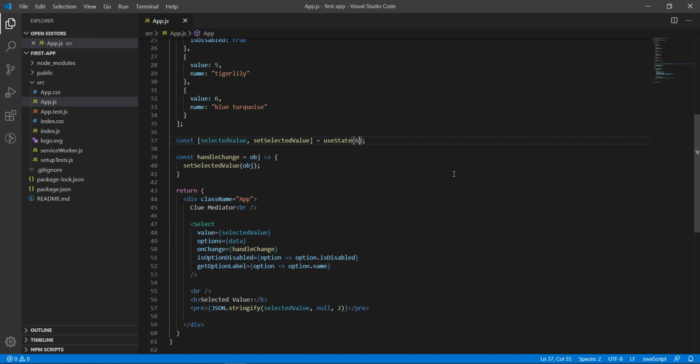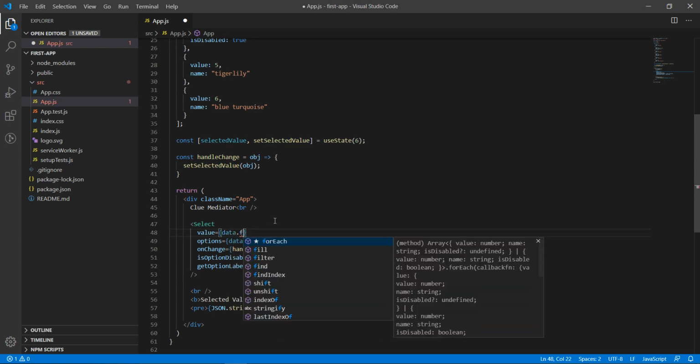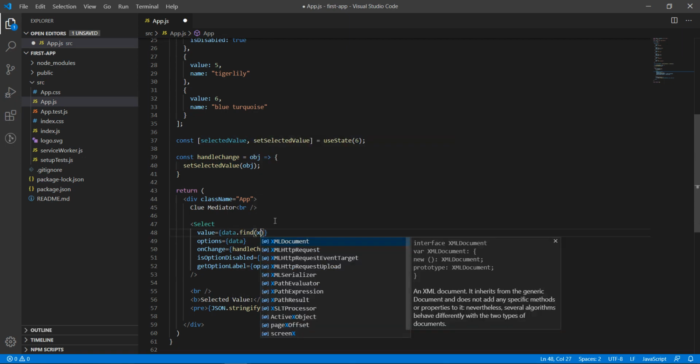First we need to make two major changes to get this fixed. First we need to update the value part over here. Let me change it: I am finding the object from the data. For that I'm using the find method.